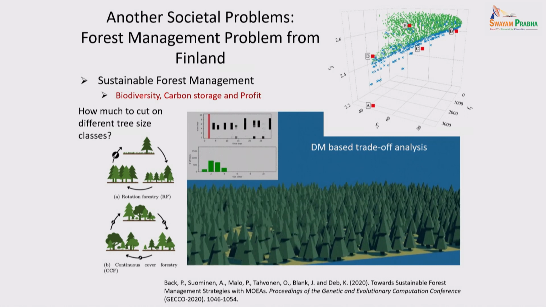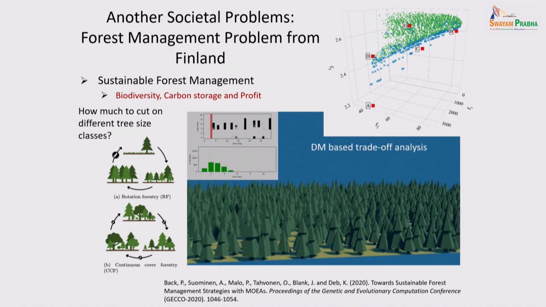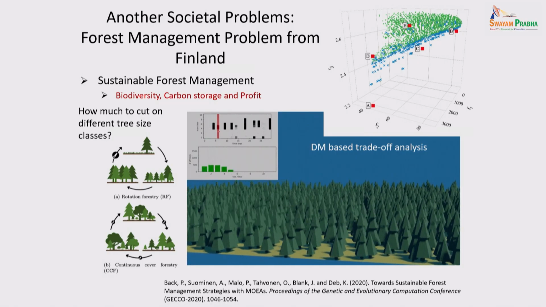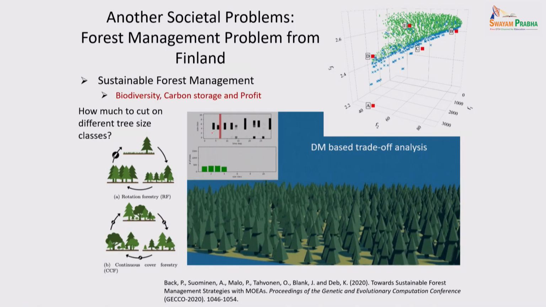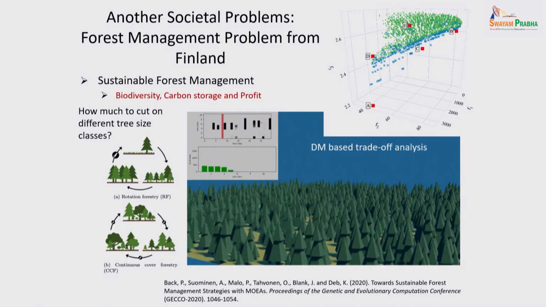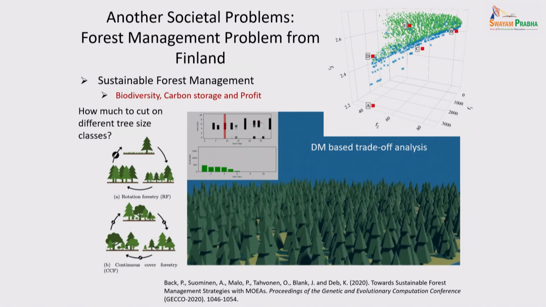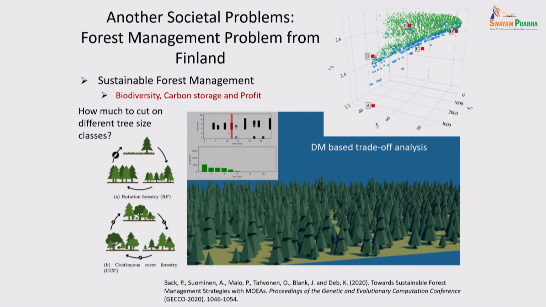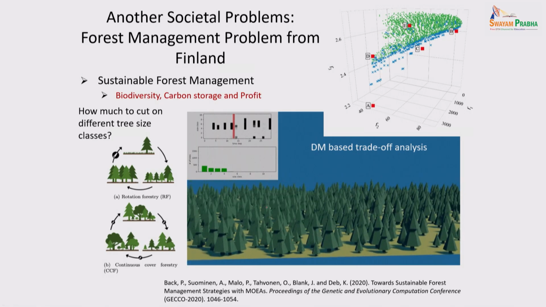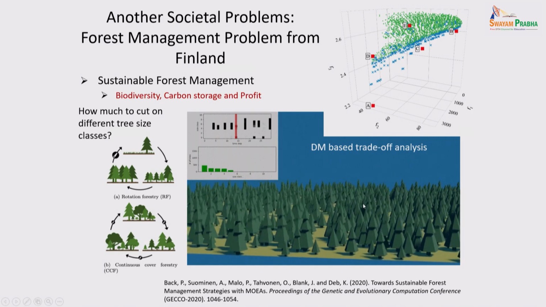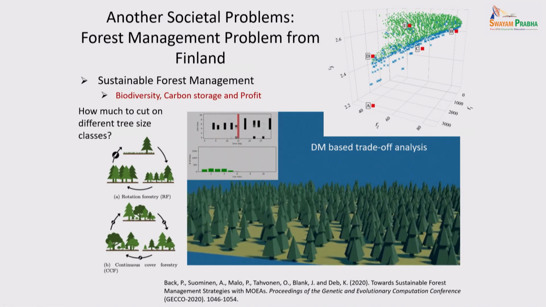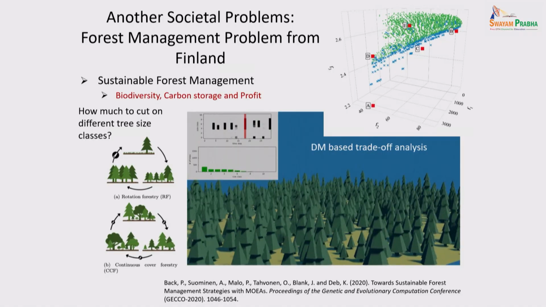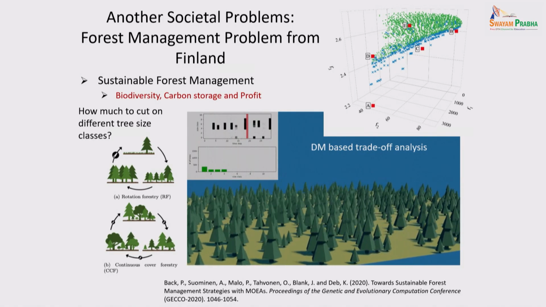This is over a few months how they would cut. Whenever the black comes, we are saying the cutting schedule, what to cut at that time and how much to cut, and then don't cut in the next month, then another one. So this basically shows the whole plan of what they should cut and when. And you see we made a simulation, and whenever there is a cut, you see it gets depleted a bit, and then again the tree grows. So we have a tree growth model, and when we cut, we just take those out, and then again the growth takes place. So we have a model that's running. There are 3 criteria we used.